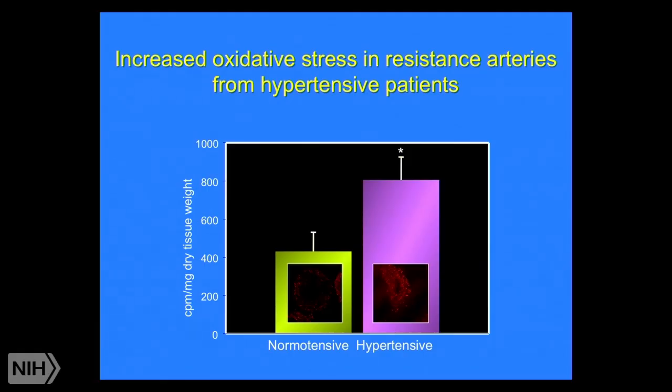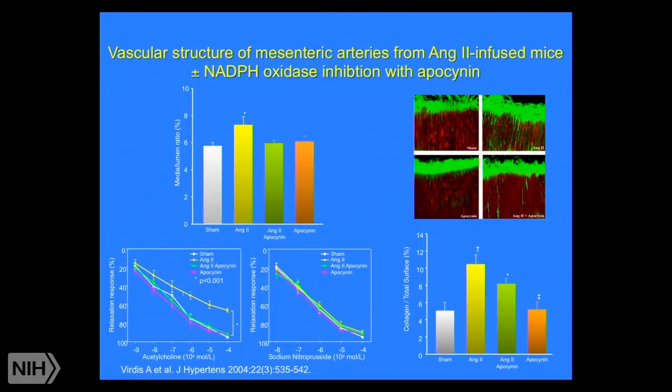Okay. This simply shows from human small vessels using the DHE technique how the media of the vessels from hypertensive individuals lights up because of the increased oxidative stress. In a study that we published in Circ Research a few years ago, we demonstrated the presence of all the components of an NADPH oxidase, and in a parallel study in mice infused with angiotensin II, we were able to